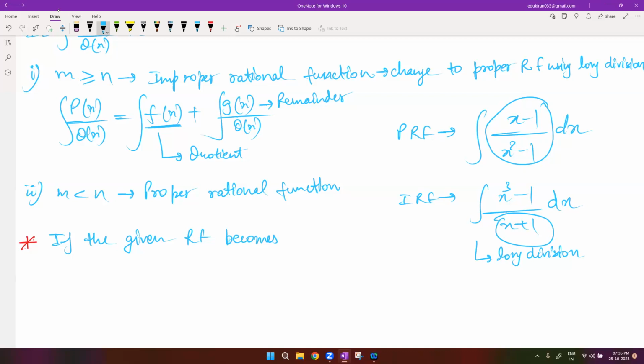Now again, we will also integrate gx upon qx. This is also a form of second. ठीक है? तो अगर पहले वाला केस भी आता है तो भी कोई प्रॉब्लम नहीं है. उसमें हम पहले फर्स्ट वी विल डू लॉन्ग डिवीजन. After long division, we will get something a form like this, right? And then we will integrate this. Here we will face no problem. Okay. Chalo ji. Now the target is if the given rational function becomes proper,